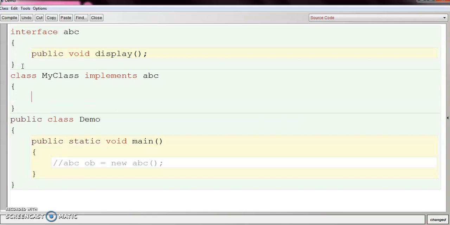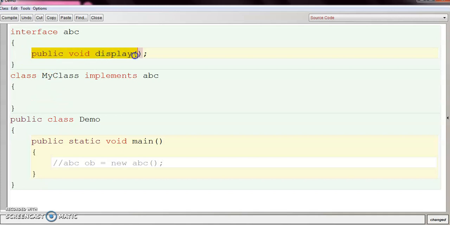Now, when a class implements an interface, we have to define all the abstract methods of the interface inside the implementing class. You can write any implementation code inside the method that suits your need. Let's say a simple print statement.